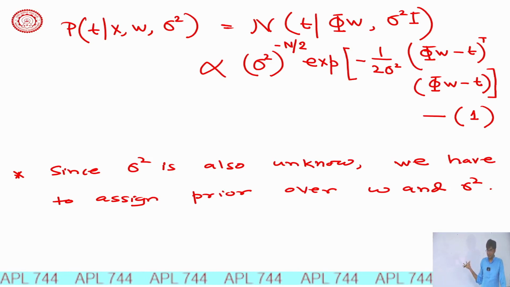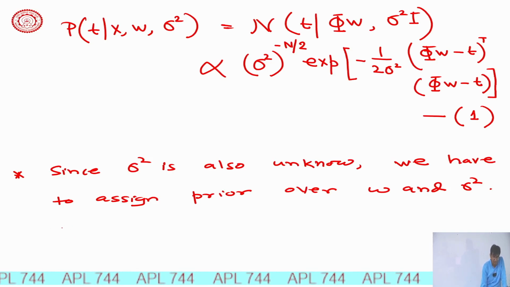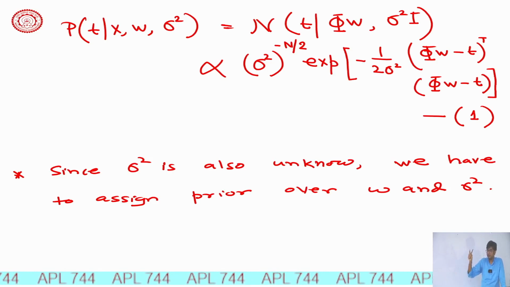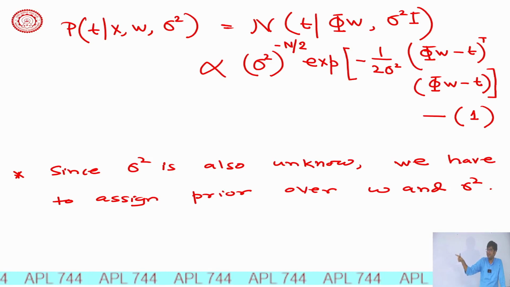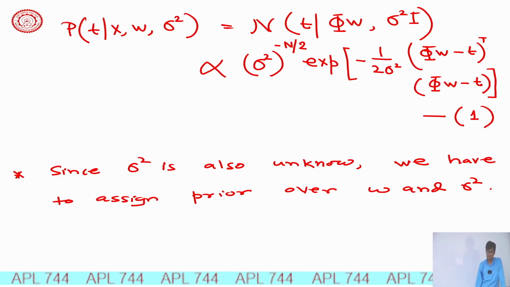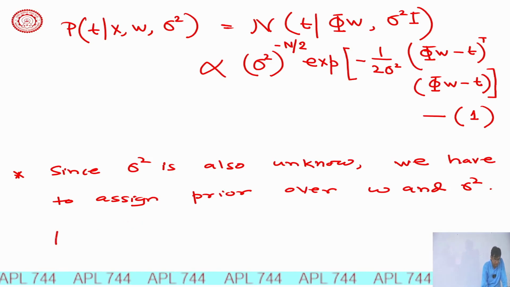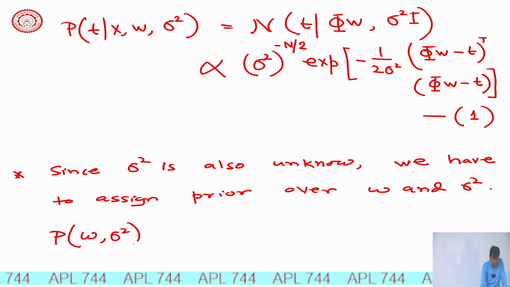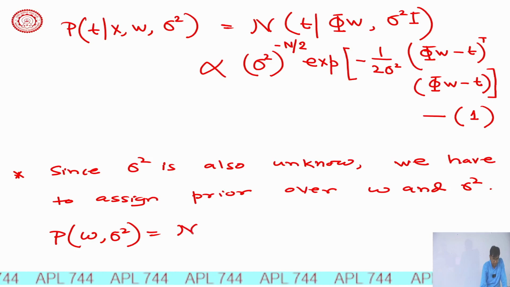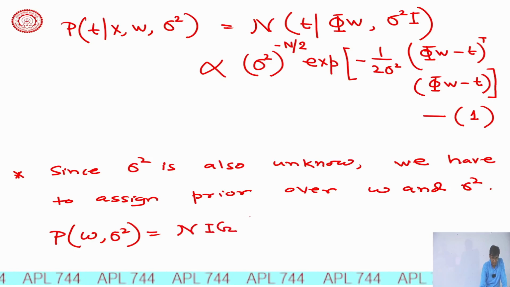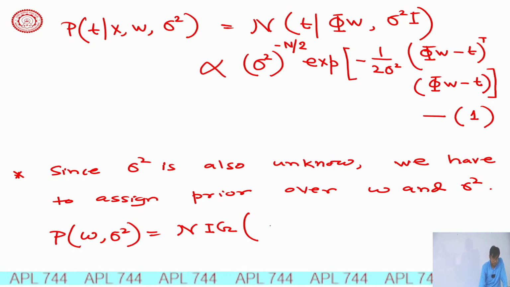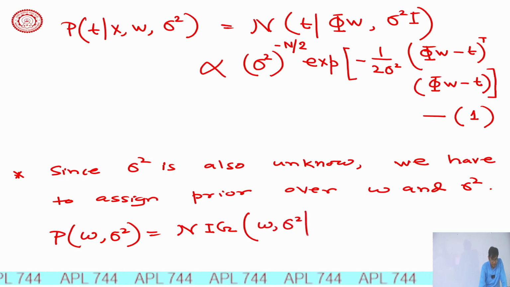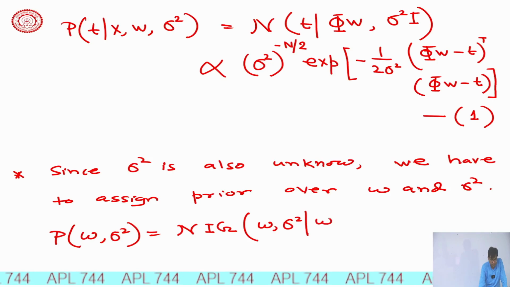Conjugate. And the conjugate prior for this case is Gauss inverse gamma. Gauss over weights, we already saw that, inverse gamma over sigma square. So, our prior is probability of W comma sigma square, which is equal to Gauss inverse gamma over W comma sigma square given